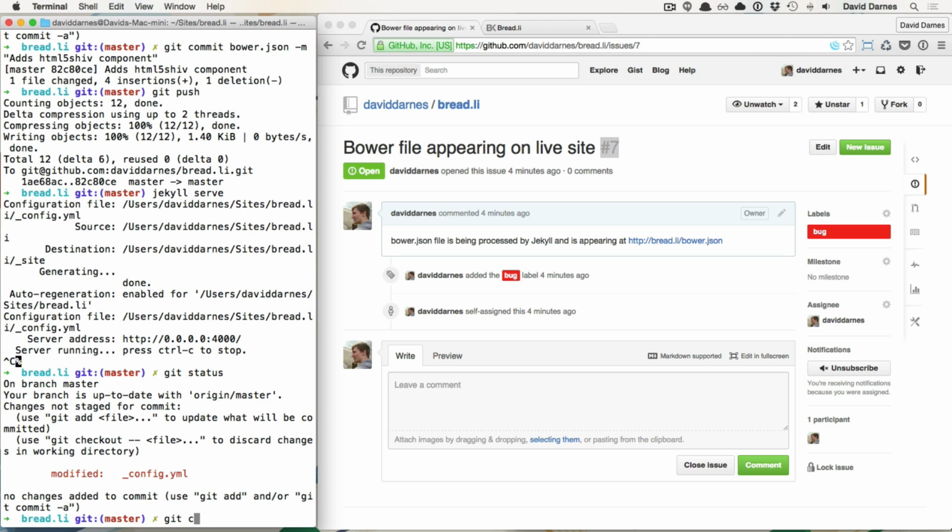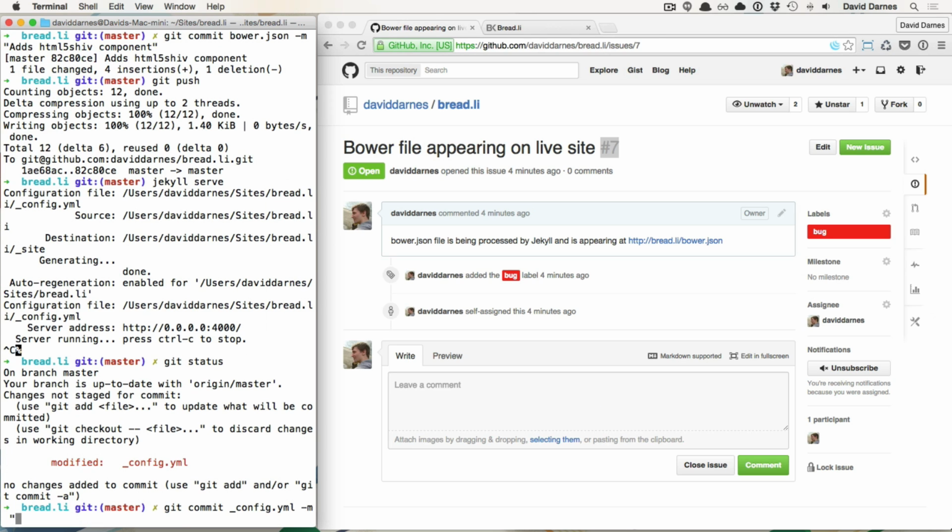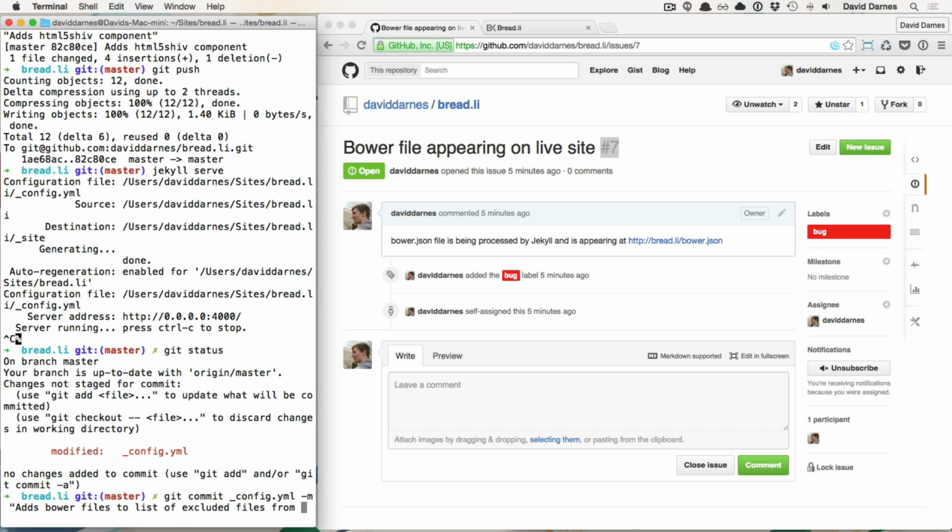So we can do git commit the config file, and the message will be "adds Bower files to list of excluded files from Jekyll"